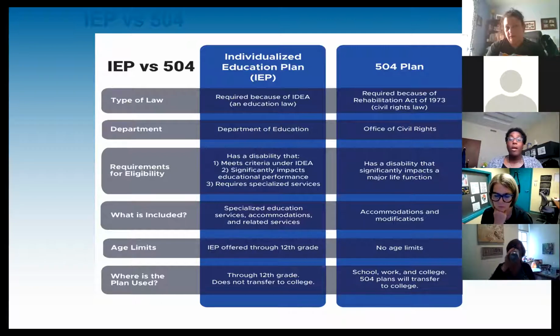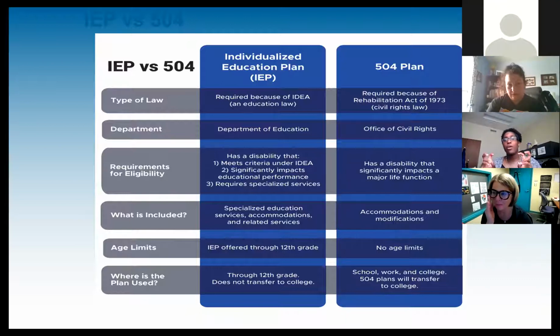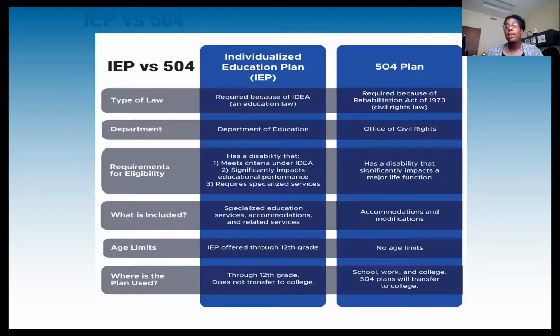The law does not require a 504 plan to be reevaluated specifically every 3 years. It just says a periodic reevaluation. However, generally schools will do it every 3 years. And a 504 also does not need to be reviewed annually. However, I would suggest still asking the school to have an annual review, just so that you are keeping the 504 up to date and making sure, with the growth of the child, that everything they need is still in there, and that you can take things out as well if you need to. Next slide.